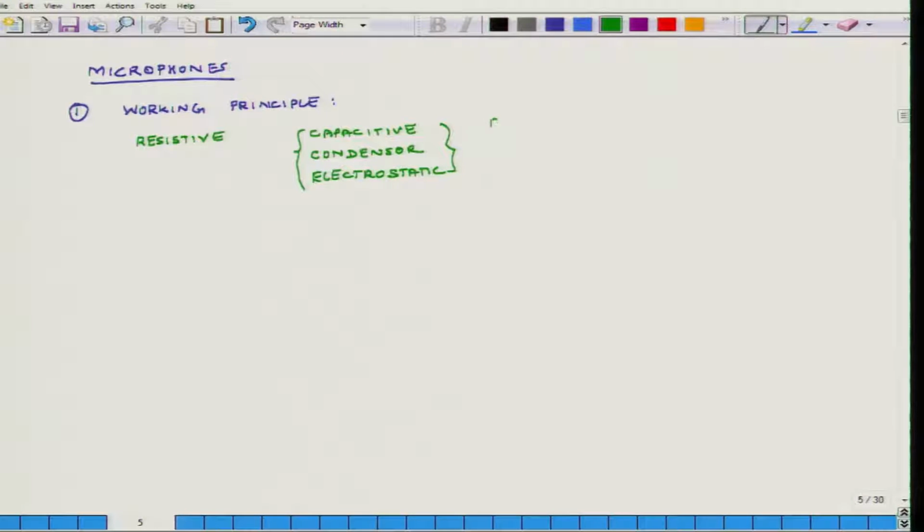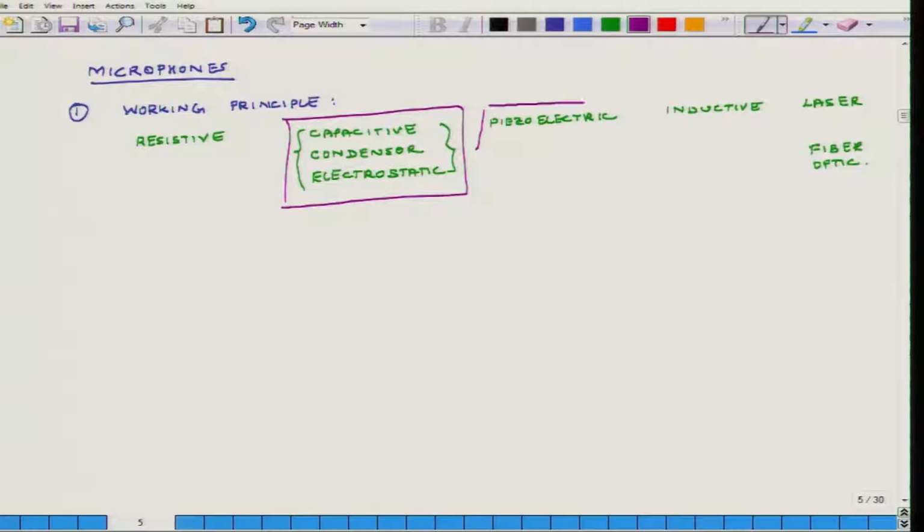Then we have piezoelectric microphones. Then we can have inductive microphones. Then we can have microphones based on laser, and there is no space here, but another category is fiber optic microphones. Okay. Most of the times when we take measurements, we use either this category of microphones or piezoelectric microphones